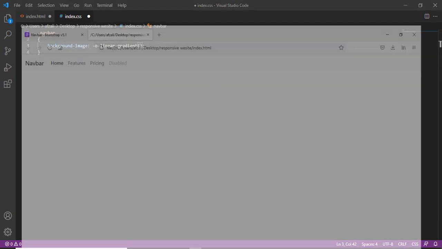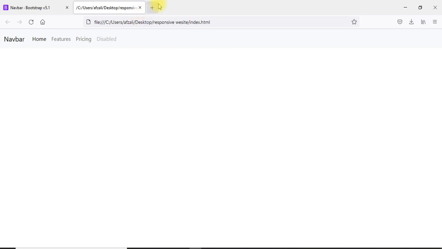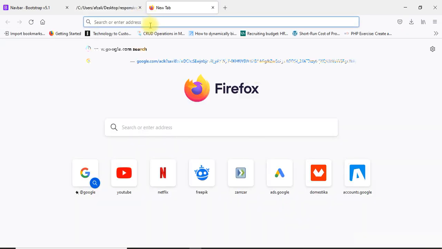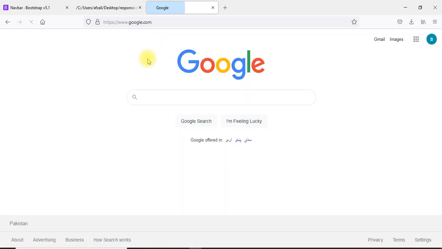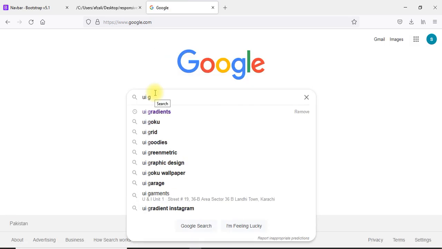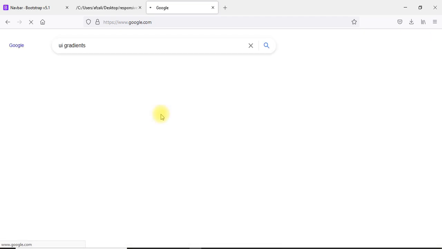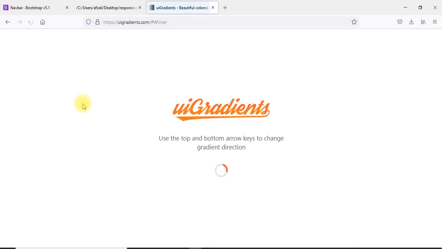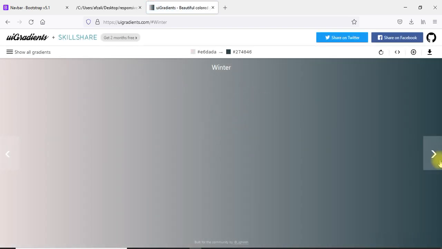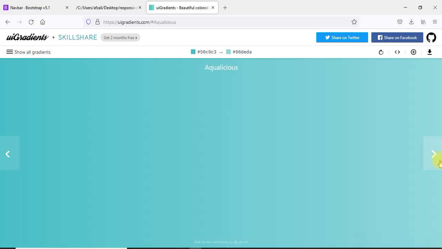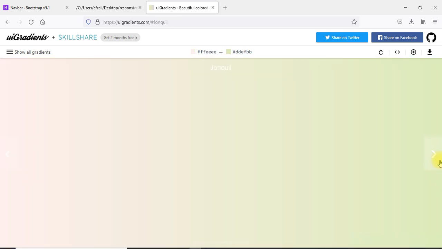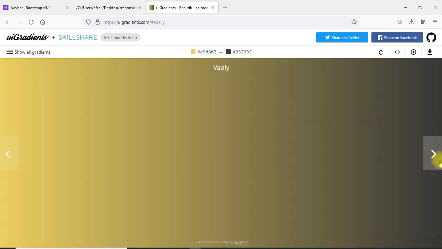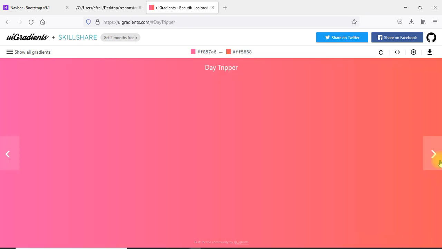Now I go to UI gradient and search for the gradient colors and their codes. It's totally up to you. If you design a nature website or a clothing website, try to select the color combination accordingly, and don't select dark, too odd colors.